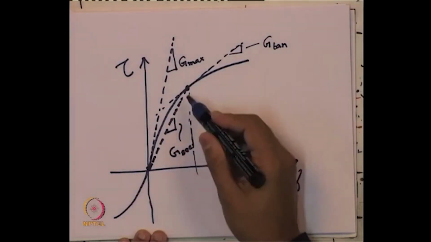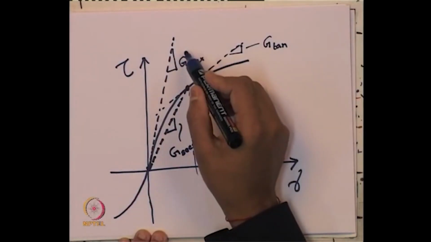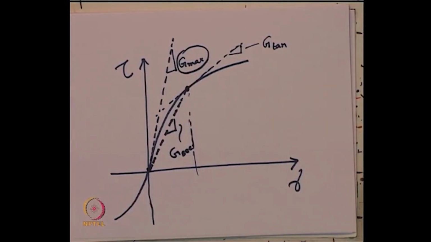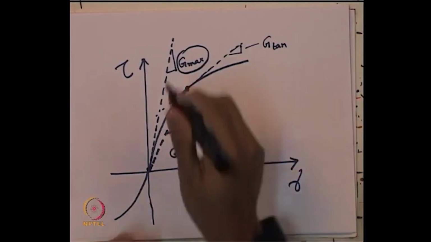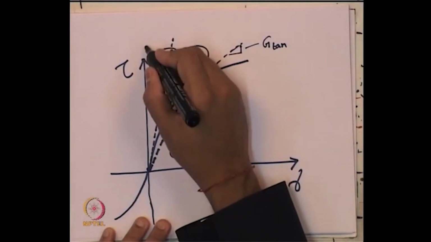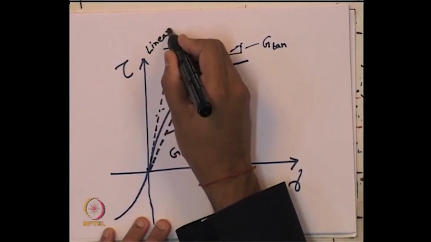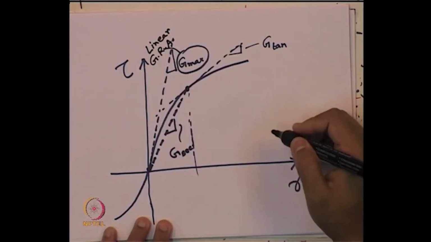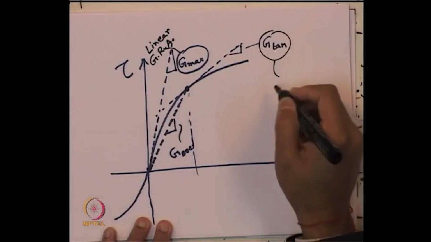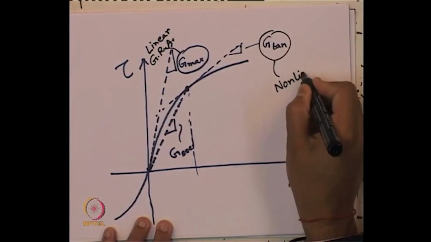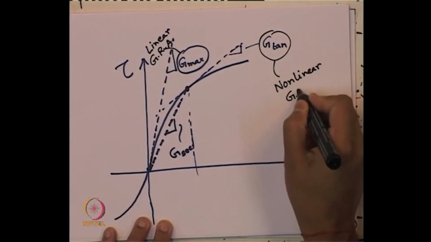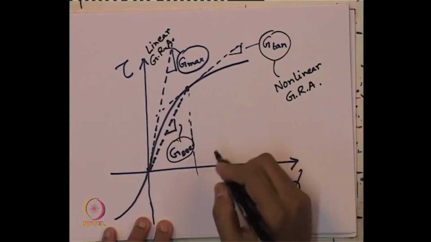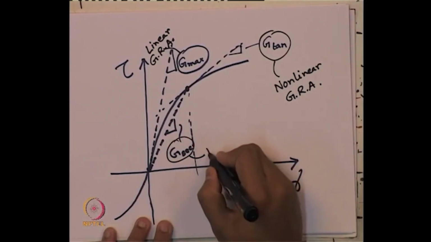When we are using this G max, that is known as linear analysis. So, this we are using for linear ground response analysis, GRA. This G tan we use for nonlinear ground response analysis, and this secant modulus, G sec, we use for